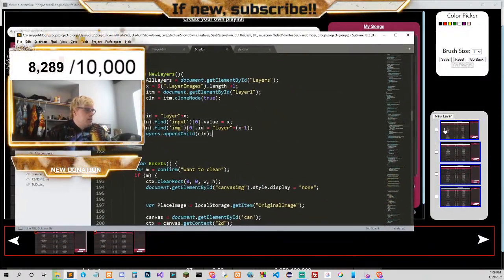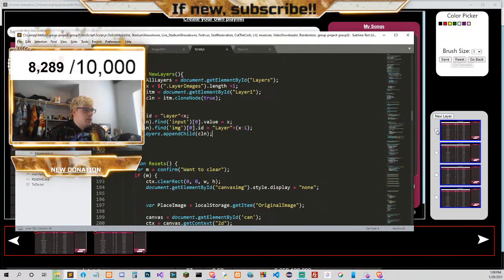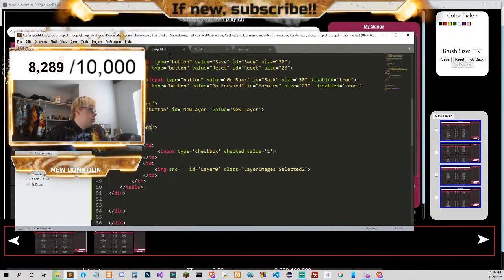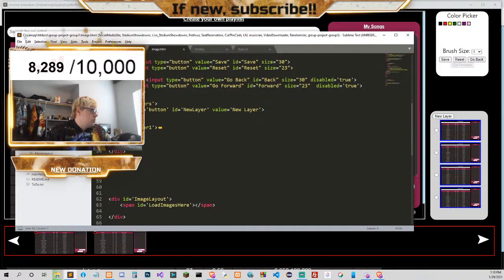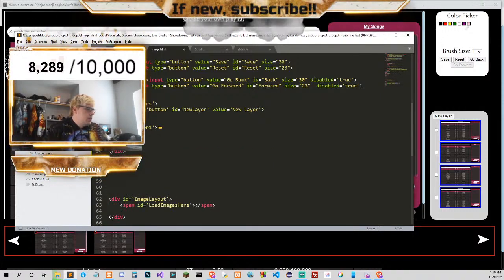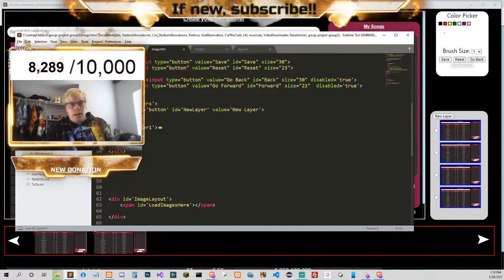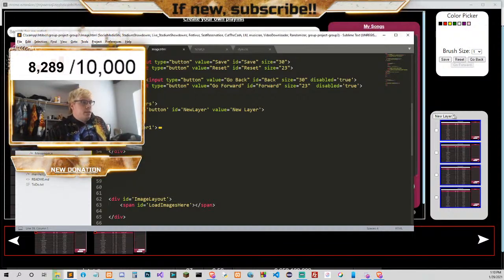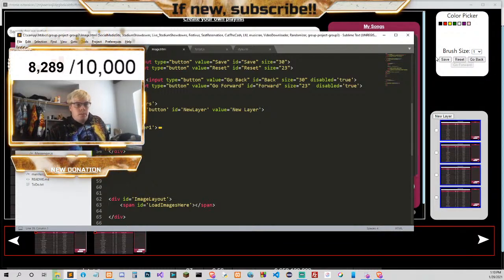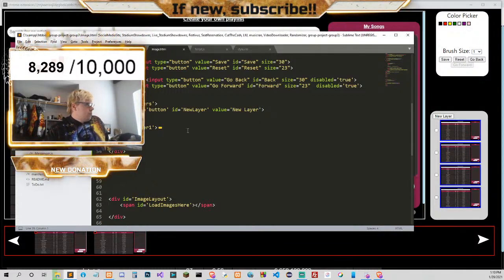So it's like this. This is gonna be if it's visible or not. But we also need to do, a lot of this is placeholders. Like the layout is all a placeholder.